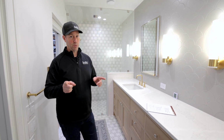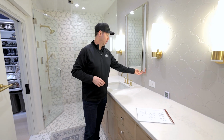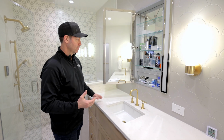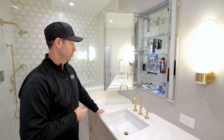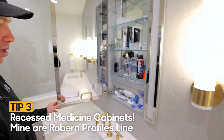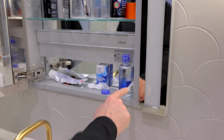And speaking of space planning, a huge part of my space planning were these Robern cabinets. Now, Robern is a division of Kohler, or it's a Kohler company. I've been using these for, gosh, almost 2 decades now. I absolutely love them. They are a little bit pricey. These are not the lowest cost option out there, but boy, you really get what you pay for,